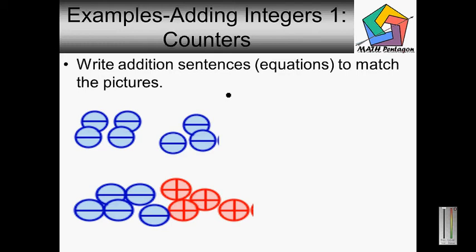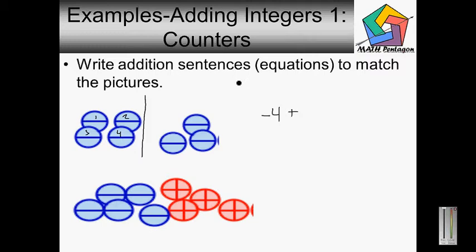Okay, let's do a few examples on adding integers using counters. The directions are telling us to write addition sentences or equations to match the pictures. Here we focus on the left side. We have 1, 2, 3, 4. We have 4 negative circles. So we put -4